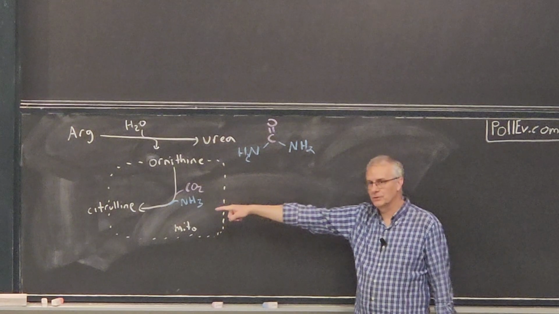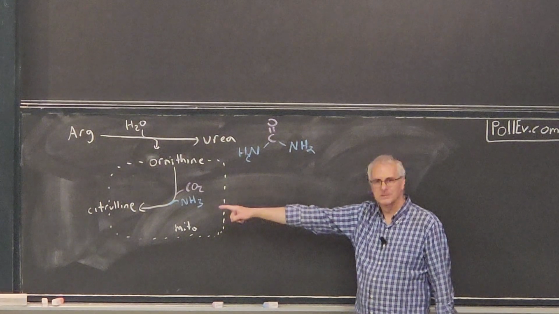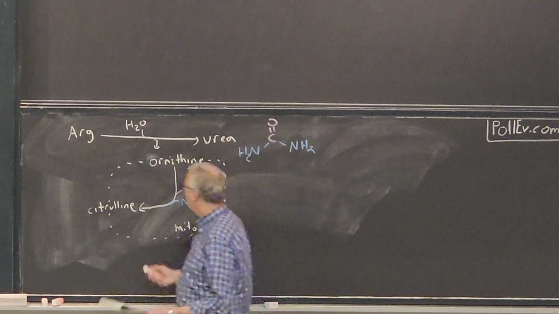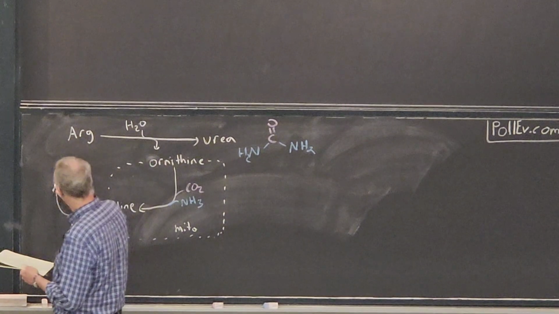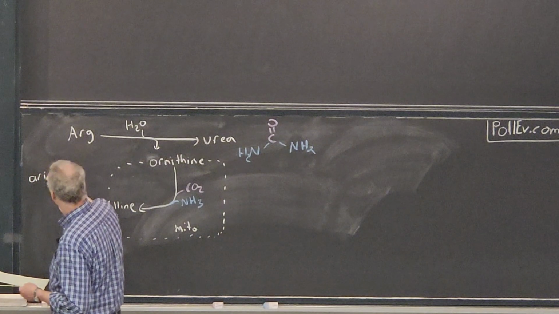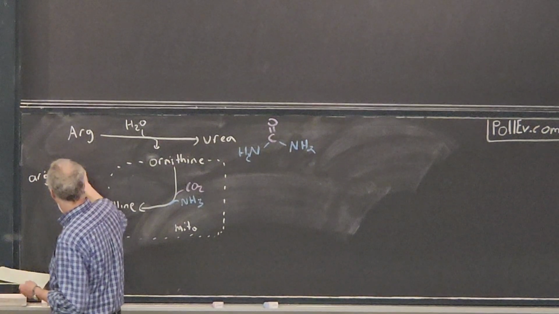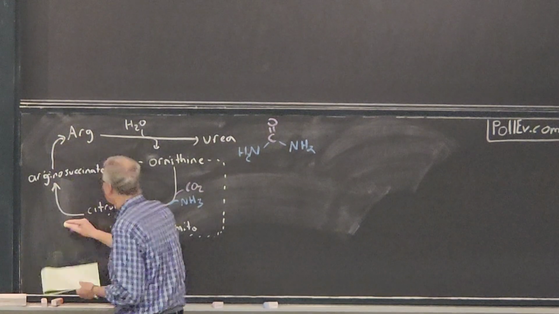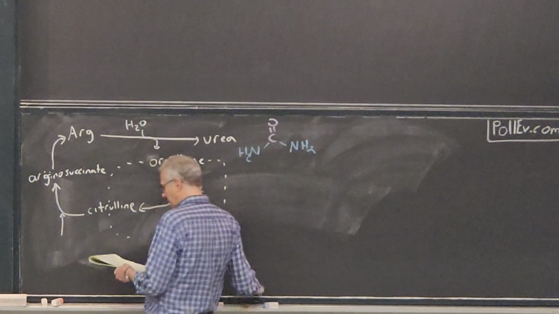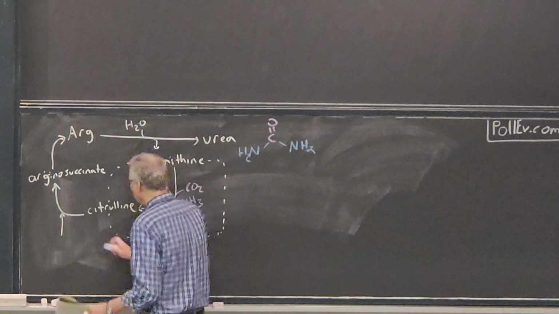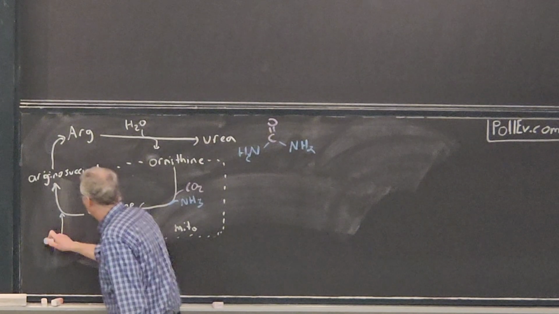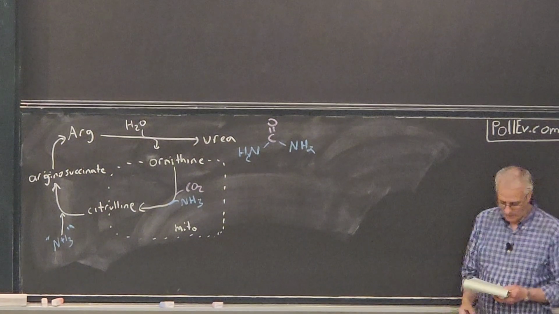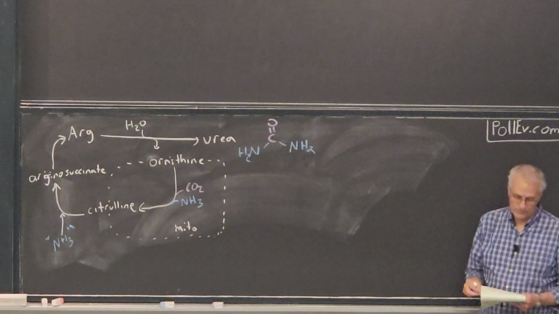All right? Citrulline was originally isolated from watermelons, so because of that it was called citrulline. And then citrulline will be used to generate a molecule called arginosuccinate, which will then generate arginine, and via a complex set of reactions that I may not get to today, this is going to incorporate the other nitrogen as ammonia, although it's not direct like it is there.